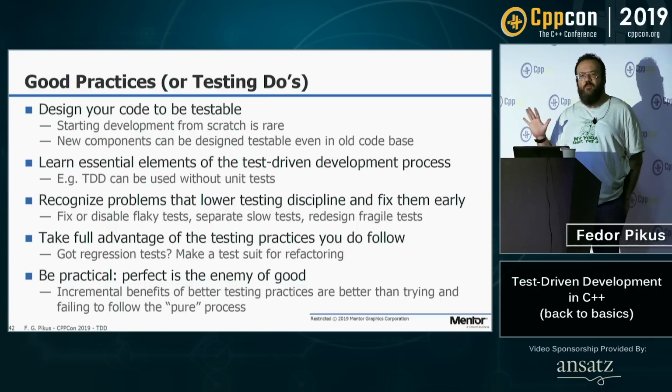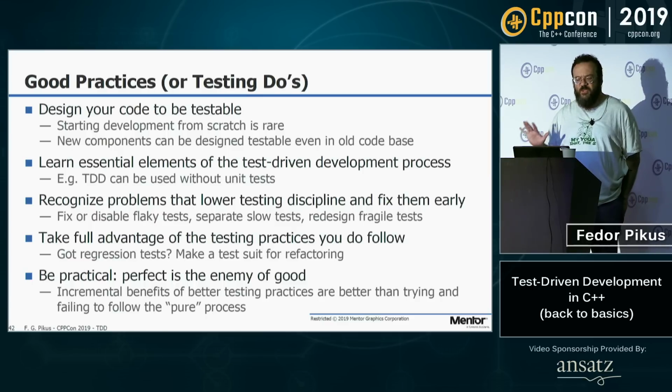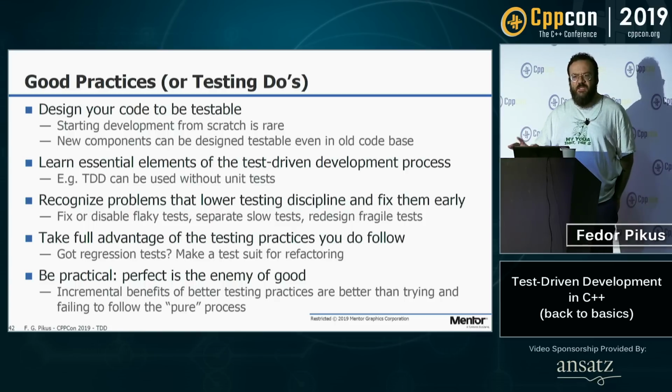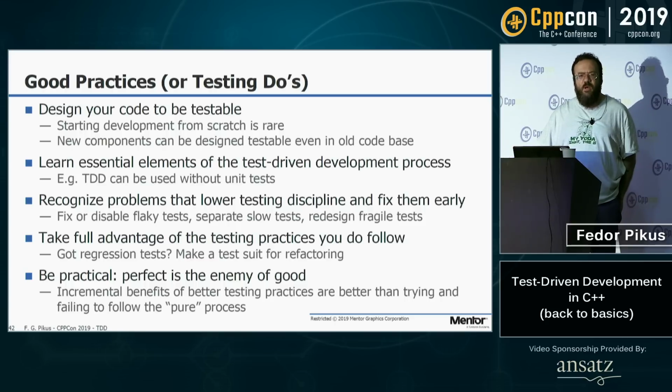If you notice that your testing discipline starts to decay, fix those problems as early as possible. If you have one flaky test in your test suite, and you can't fix it now, honestly, turn it off. It's better than people mistrusting your entire test suite. Oh, this test run always fails. We just ignore the results, because you run the test and it says one or more tests fail. It always does that. We just never look at this. Turn off that flaky test. I mean, fix it ideally, but if you can't, turn it off so that when your test run comes back with a failure, you know there is a problem.